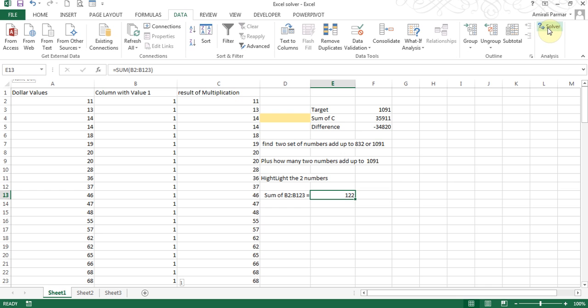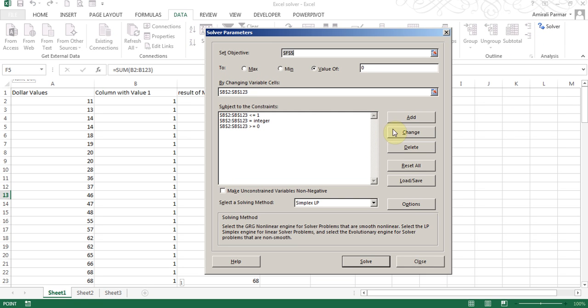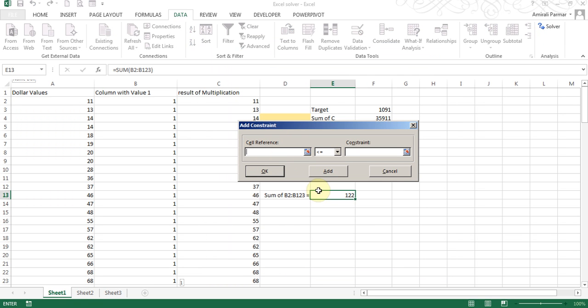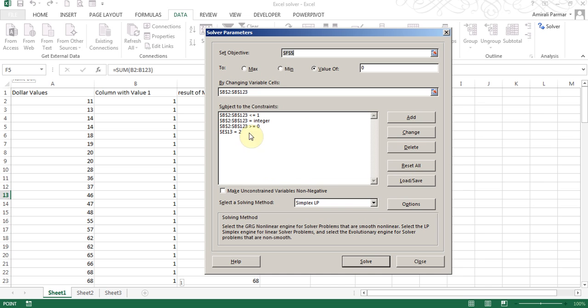1091. So I'll go back to the Solver in the Data tab, add a constraint, click on the cell E13, and say E13 should be equal to 2. Now you could put 3 if you were looking for a combination of 3 numbers, and I'll click OK. So you see that one is added. I'm using the Simplex LP. I haven't looked into this in detail. There are 3 different types, but the Simplex is doing the job here. And I'll hit Solve,